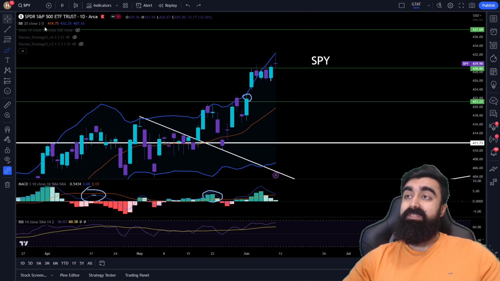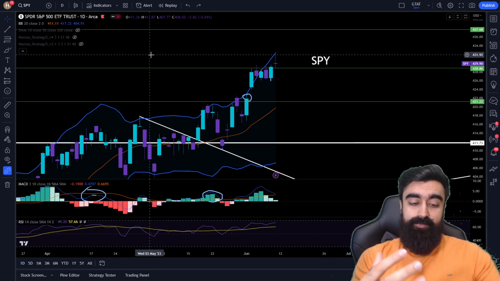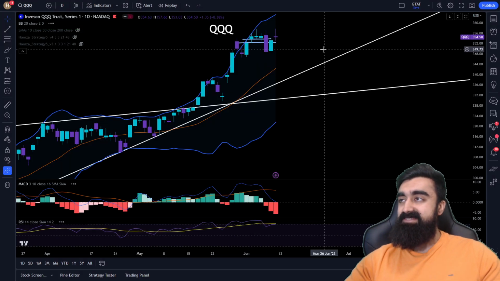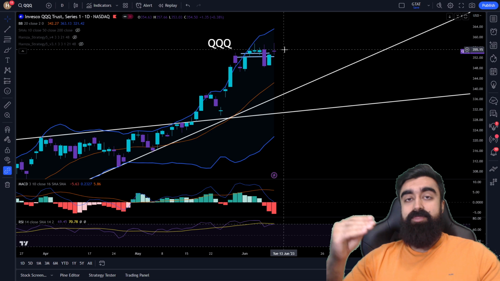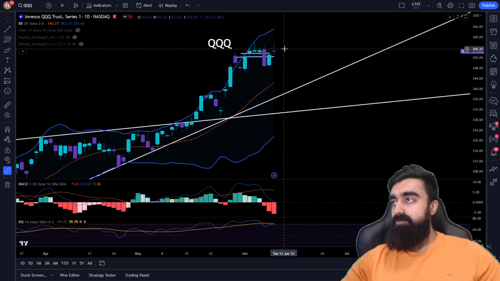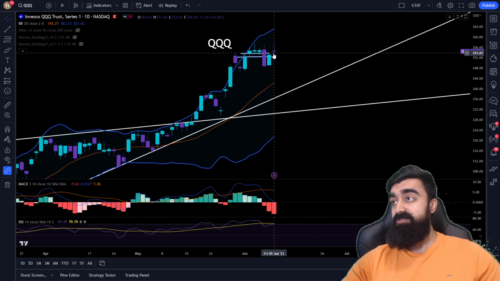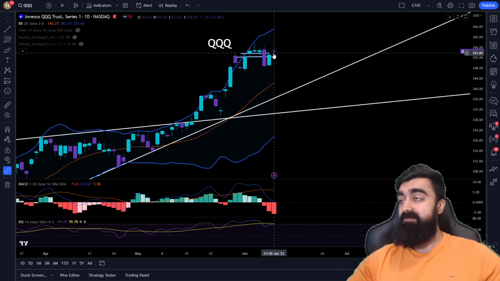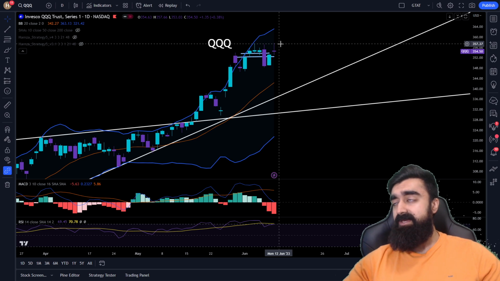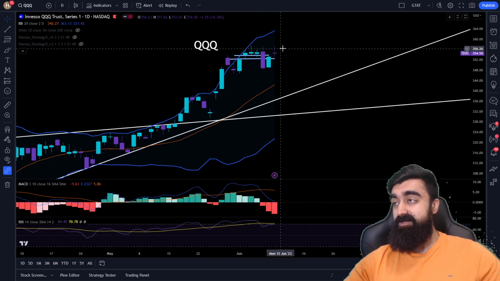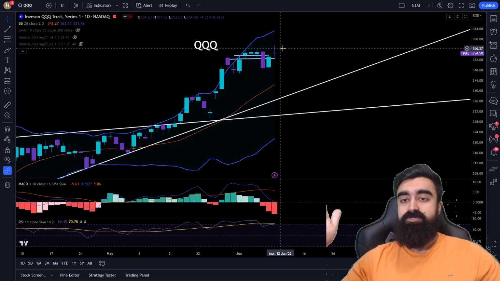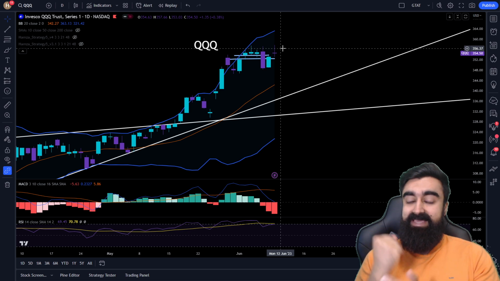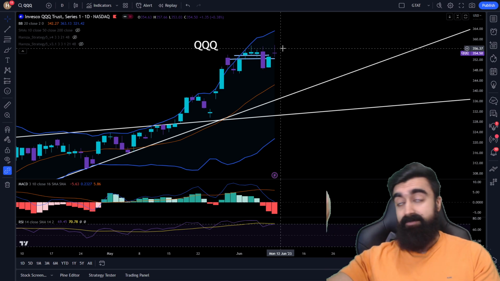But what we need to monitor is how the strength in the NASDAQ can continue. The strength in the NASDAQ is going to be a very big factor as to whether or not the SPY is going to continue up. So what we're seeing right now is obviously the NASDAQ is holding support, breaking above levels of resistance, closing above levels of resistance. We need to see it make a new high heading into next week, or else this is starting to show an indecision candle at a level of resistance. This isn't what you want to see for a continued move up.